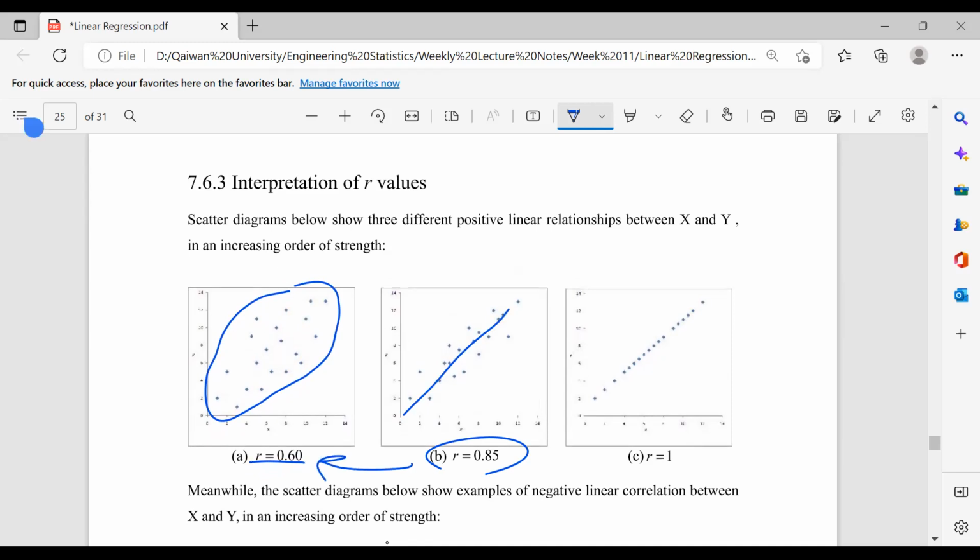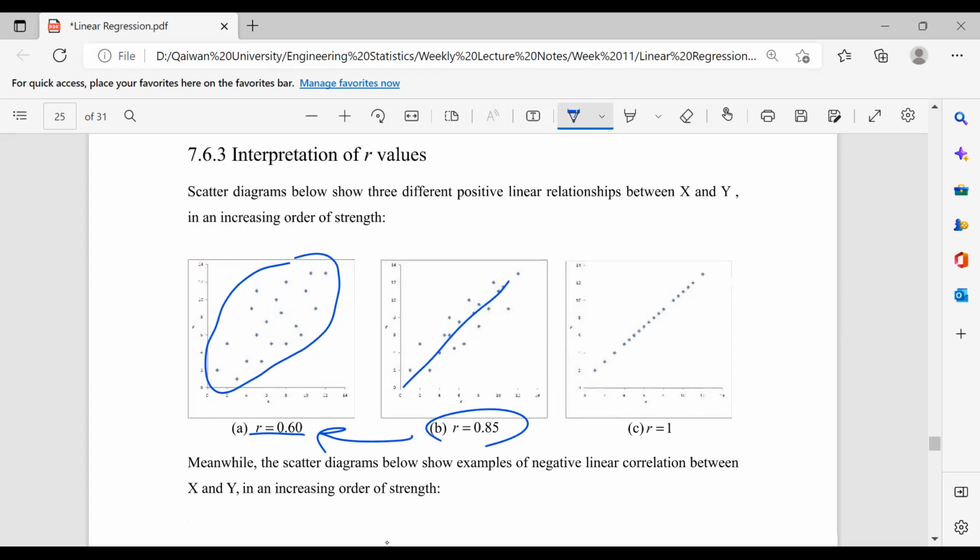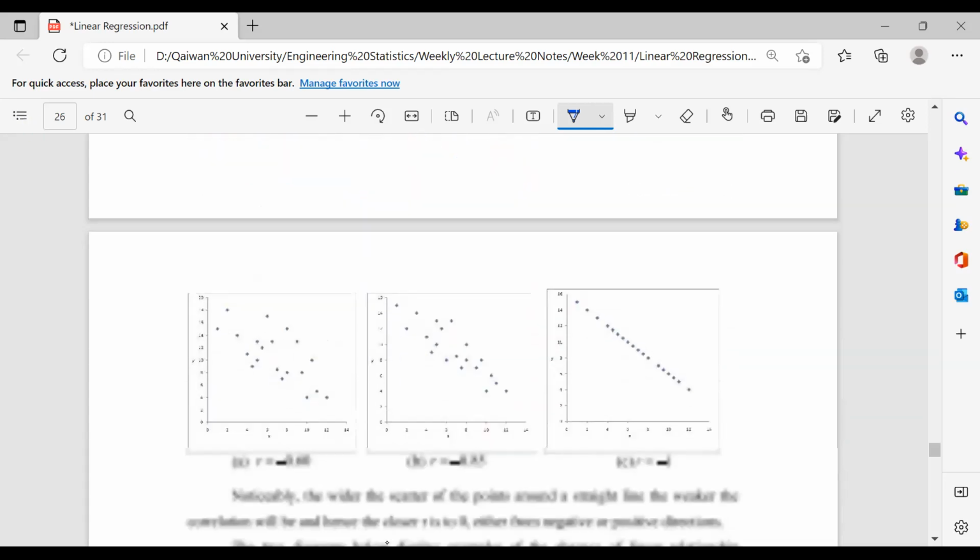Because these data are nearer to each other than the previous one. And if all are on the same line, that means R is 1. As for the positive ones. And for the negative ones,